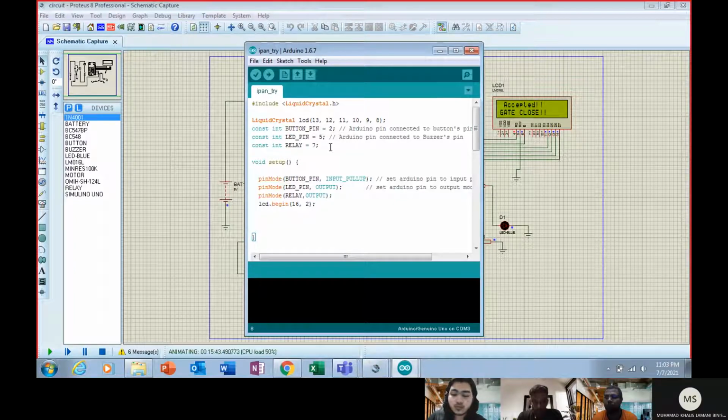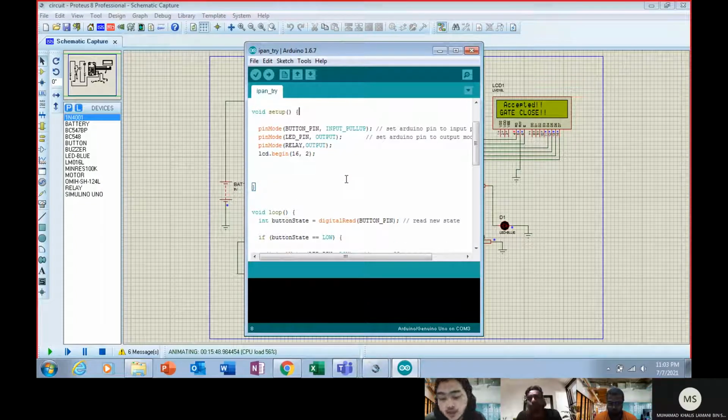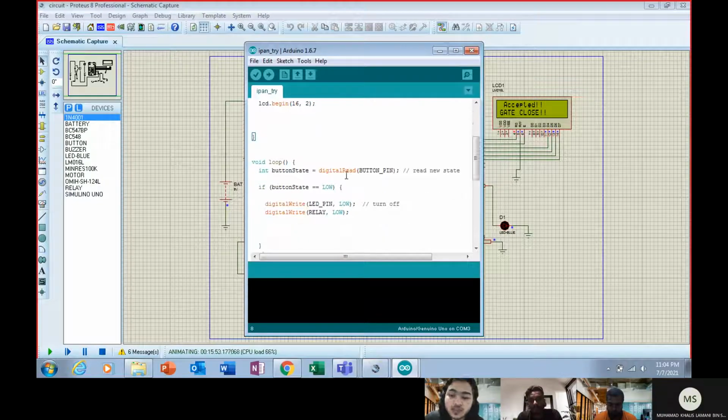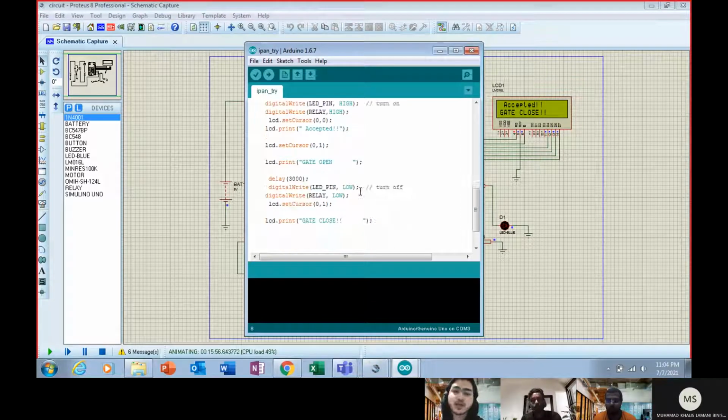For the button pin, the switch is at pin number 2, the LED pin is for the output, and the relay will be connected to pin number 7. If you can see from my coding, the relay pin accepted and the LCD will accordingly delay for about 30 seconds. If you can see, there is 3000. Yep, delay 3000. So for the schematic diagram,